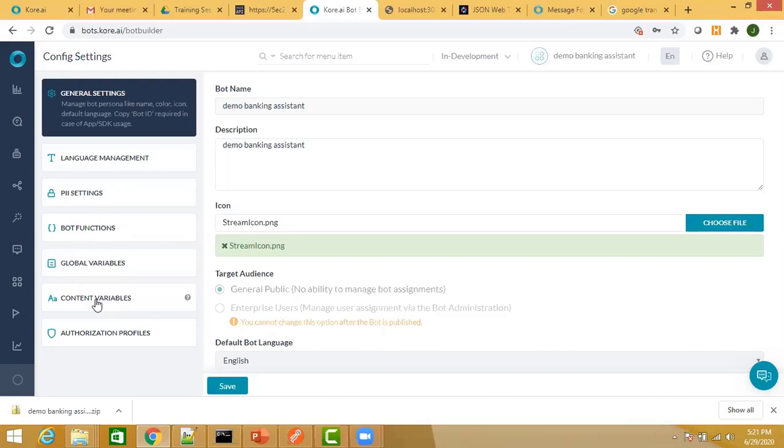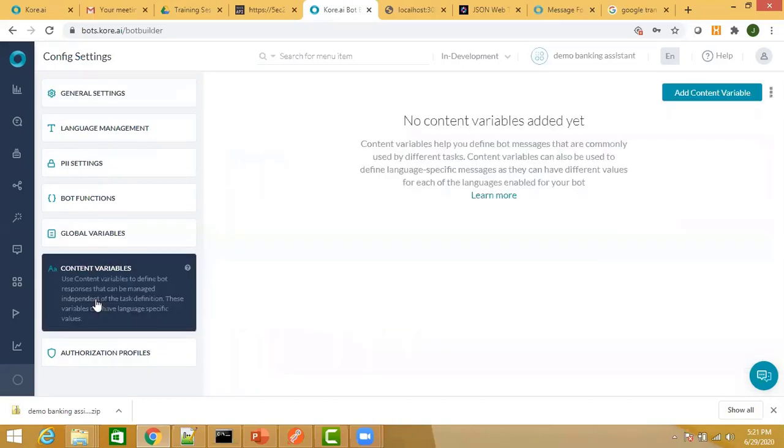Okay, so in this situation, if we want to have an easier way of doing that, for every prompt, for every message which you are using in your bot, instead of hard coding those messages and prompts, you can create a content variable, and you can use that particular variable in your message nodes and in your entity nodes.